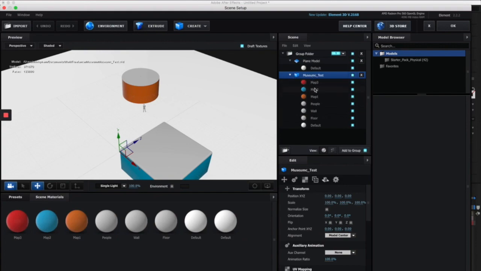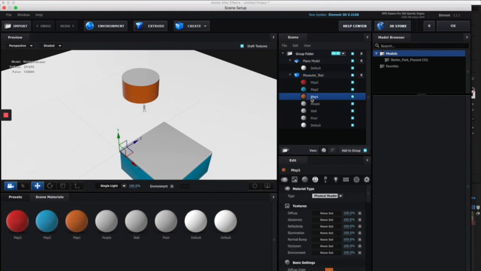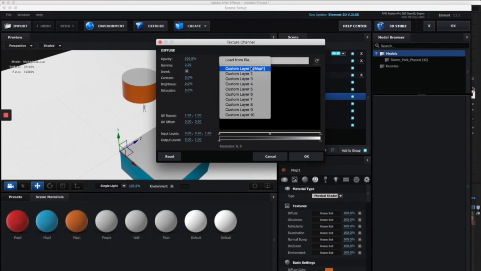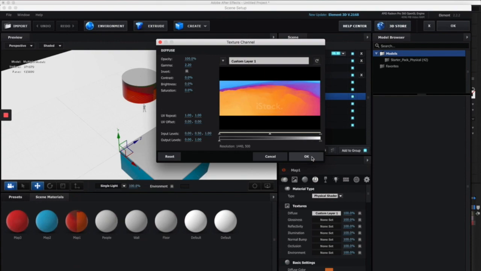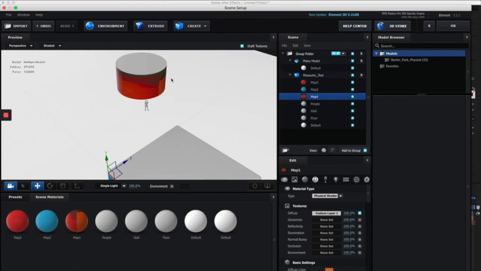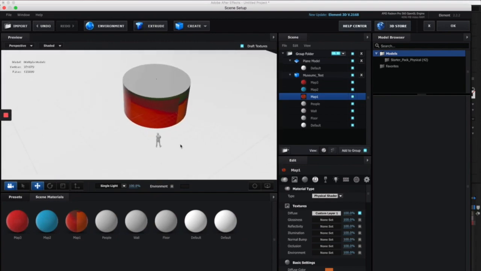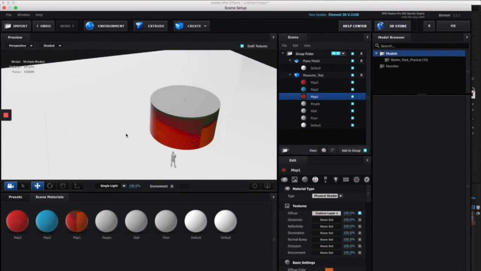and if you drop this down, you can see this is the map 1 material. This is the orange one. So when you go to the texture, and when you click on this drop down, it's going to show you a bunch of custom layer map 1, and select it, and okay, you can see that the video is being mapped to the material here,